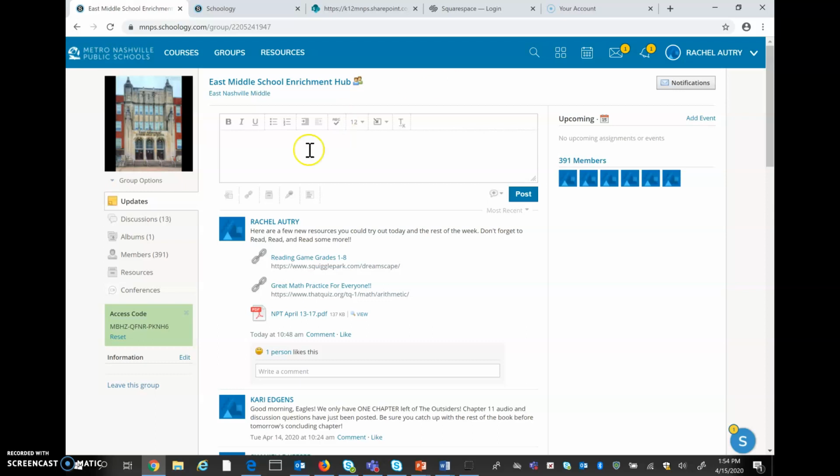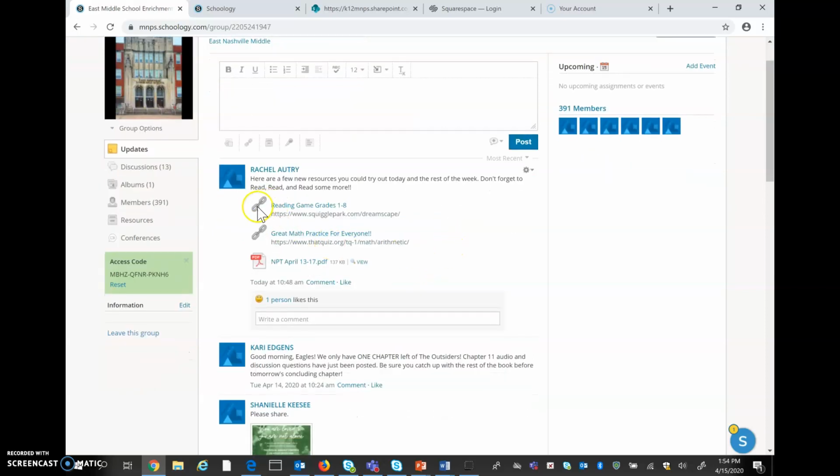So when you first come in, we've got this updates tab open. So this is showing us that we're on the updates page. This is the very first thing that should pop up. So on here, this is where teachers can plug in different updates on a daily, weekly basis, but everything stays in here. So there is stuff that's been posted over the past 3 weeks. So there's a lot of stuff just on this front page here. So I would advise going through this.